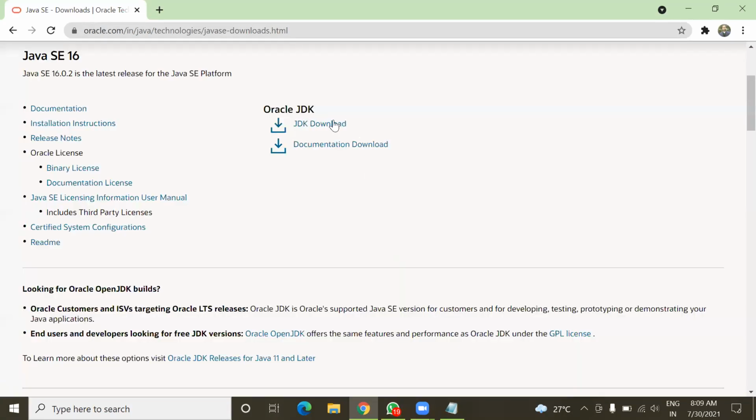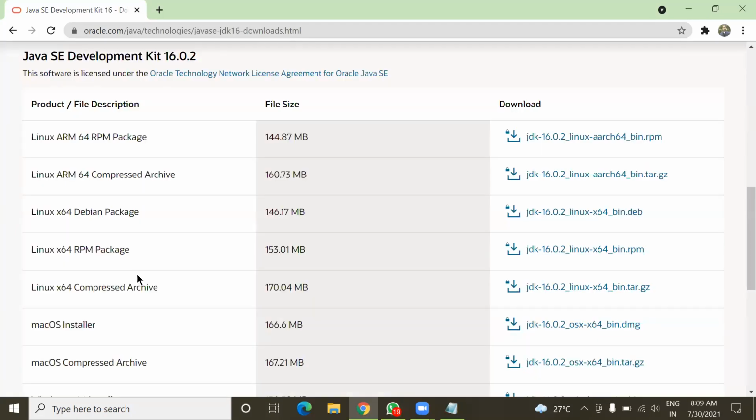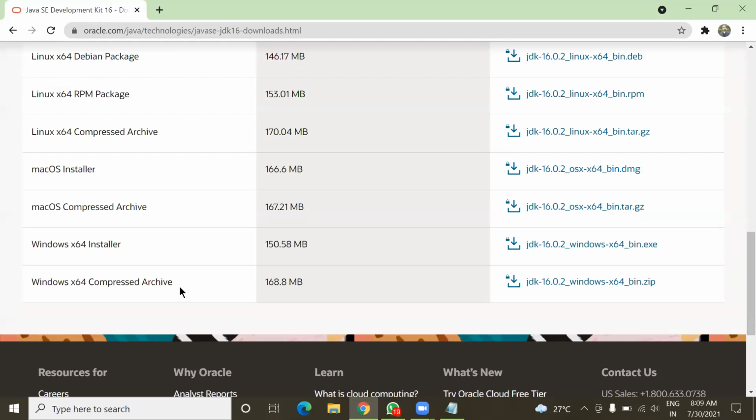Here you can see the JDK download hyperlink. From this list, you can select JDK for your operating system. You can see Linux, Mac OS, and Windows also is given. I have Windows 64-bit, so it is showing a 64-bit installer.